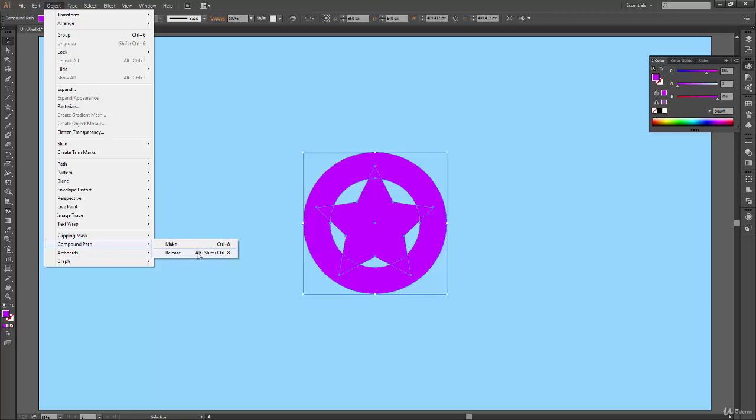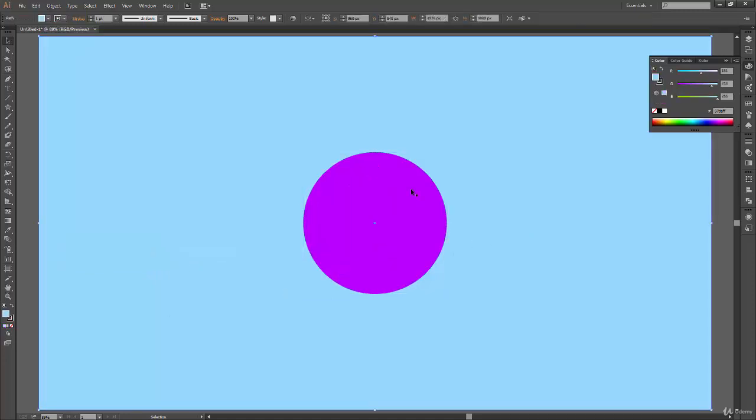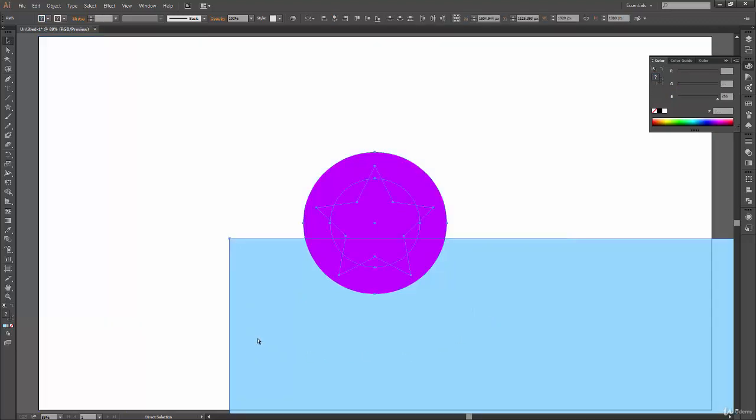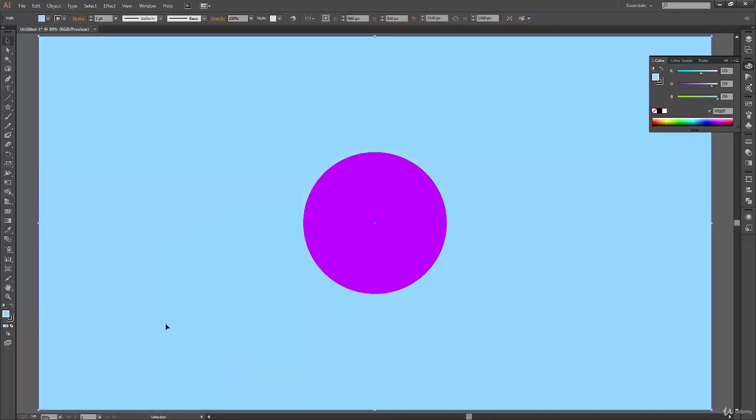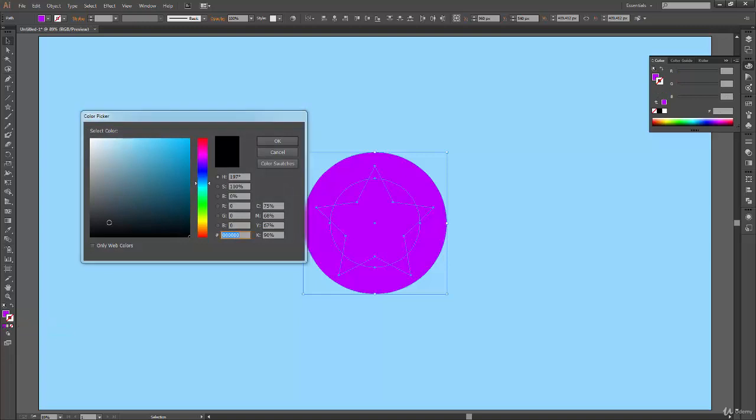So when you click on this release, it will actually release all the shapes. The shortcut key for this is Alt Control Shift 8, and that's a lot of keys. So I would prefer to use just the menu option rather than pressing so many keys on my keyboard. So anyways, let's click on release here and see what happens. So something has happened actually. And again, let's just lock this shape. Okay, so background is locked.